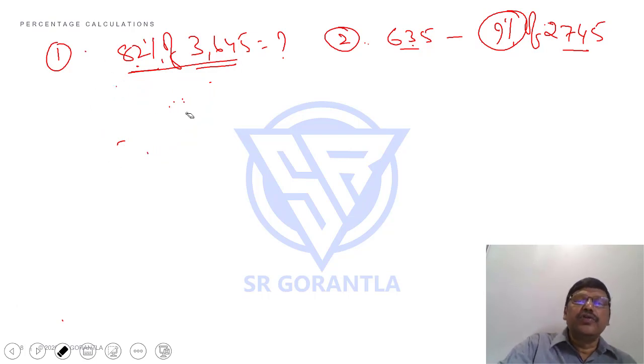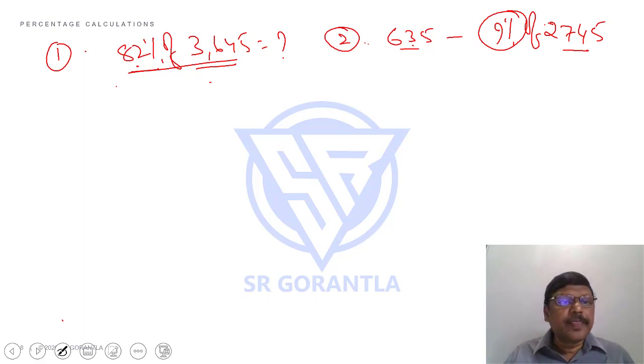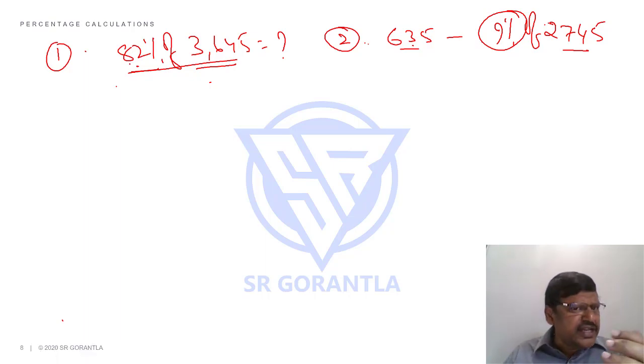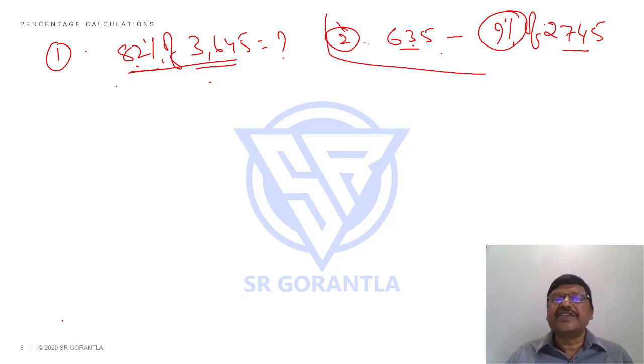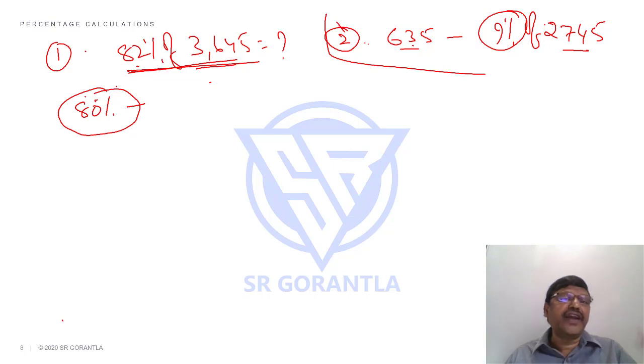Then how are we going to do it differently? Let's see. Students, I'll tell you not just one approach. We'll discuss a few techniques. This I'll come back to later. Now, 82% of 3645 means, students, you know what is 80% of a number? 80% of a number, again, how you can calculate 80% itself, I can tell you differently. How, you may ask me?